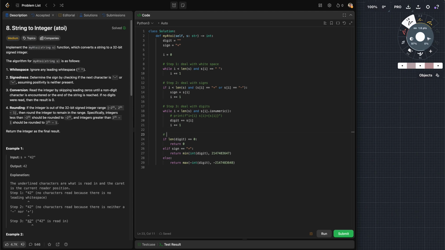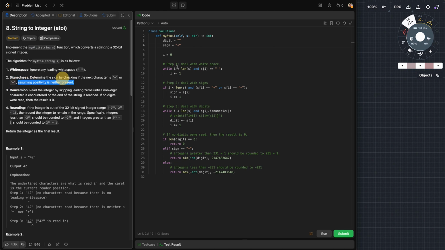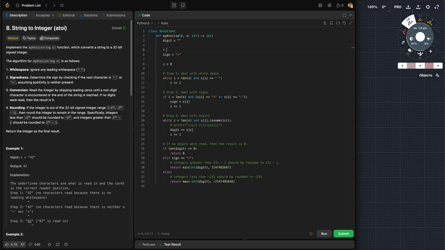They have rounding, so they even tell you exactly how to calculate it. So almost every line in this code is part of the problem description, right? Even signedness, assuming positivity if neither is present. So you don't have to figure out any part of it yourself, but you do have to read the problem and